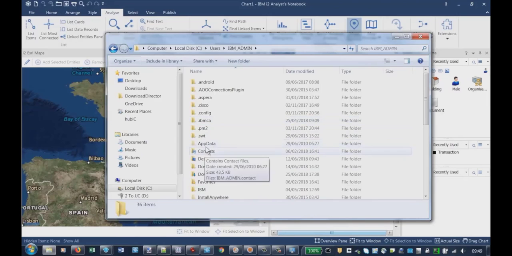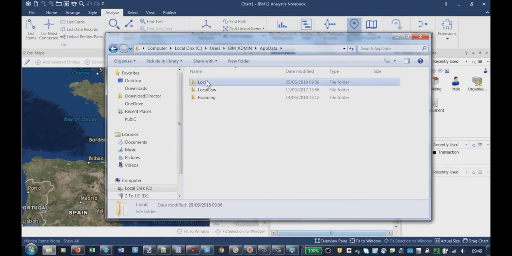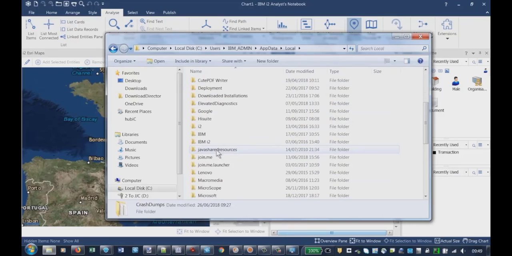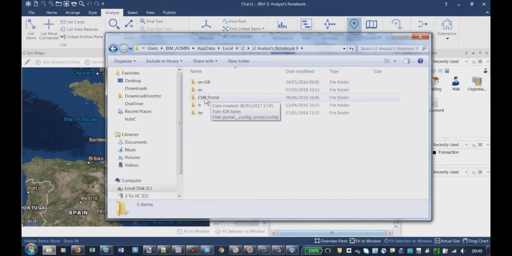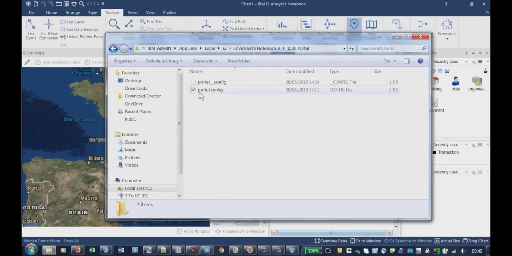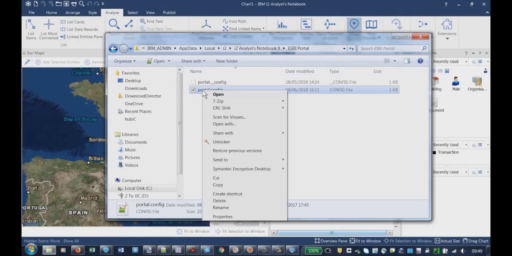So I'm on App Data. This is Users, my user, App Data, Local. Then you scroll down and you've got i2. Then i2 Analyst Notebook 9, and then Esri Portal. And you've got one file, Portal config. This one is the old one. It's a backup. So if I open this file,